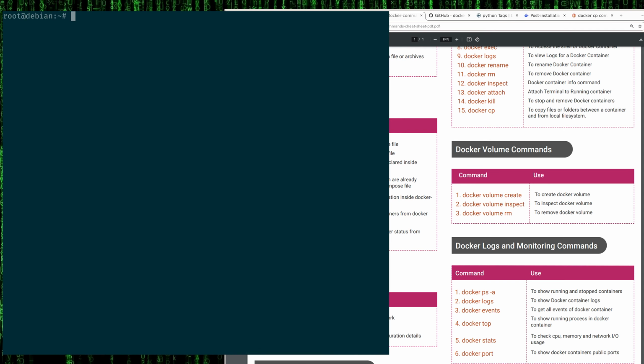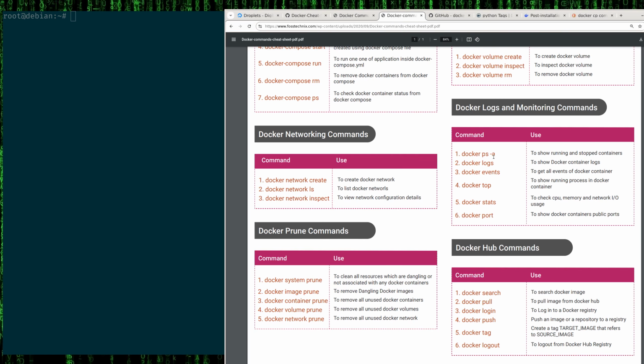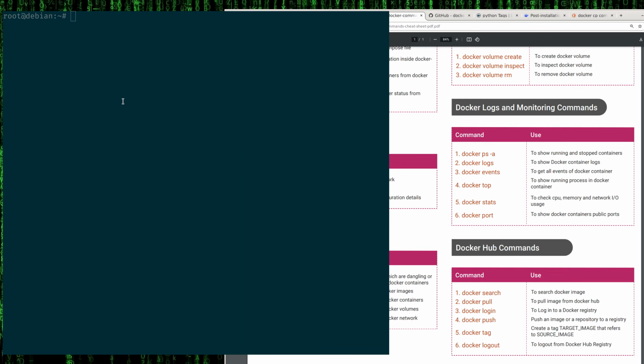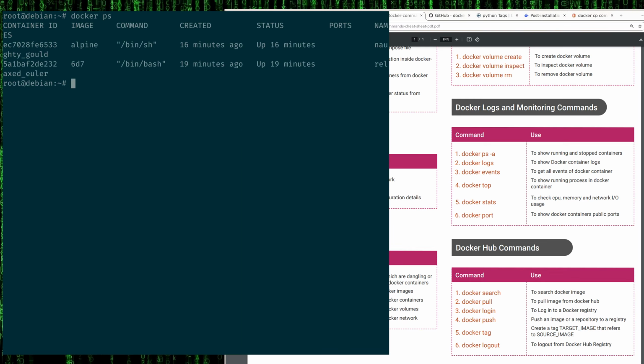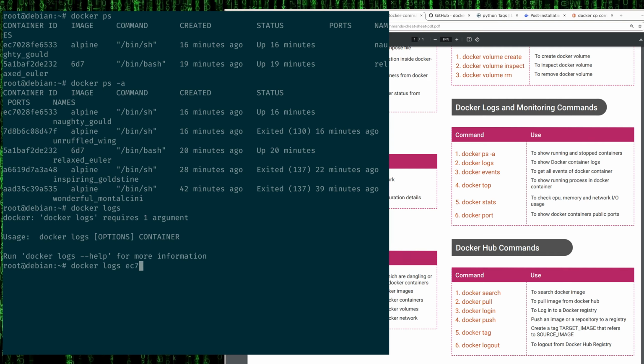And then we have the Docker logs and monitoring, so we'll check some of them. So we can see docker ps, we done that. So we done docker ps -a, which shows the running and the stopped containers. So we have one running and 3 stopped containers. So we know docker logs already. Docker logs, you can put EC7, and then